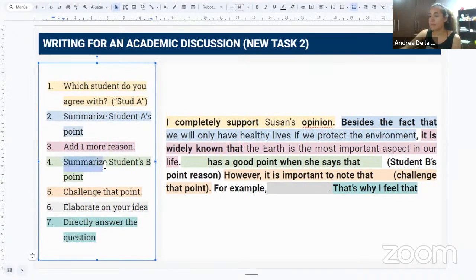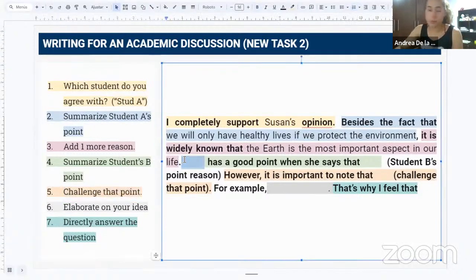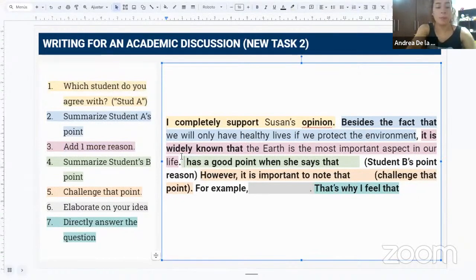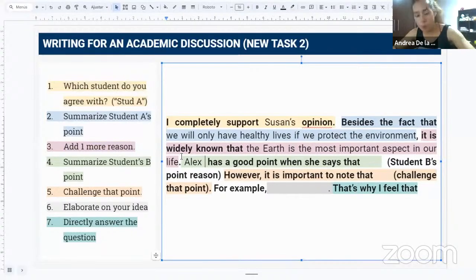Dice, summarize, resume el punto del otro estudiante, el estudiante B en este caso, y luego challenge that point, es decir, responde o reta a ese punto, ¿no? Hay que responder por qué ese punto no es válido en cuanto a nuestra opinión. Entonces vamos a decir, es verdad que Alex tiene un buen punto y vamos a decir, el nombre del otro estudiante, Alex has a good point when he says, cuando él dice que, when he says that, y podemos